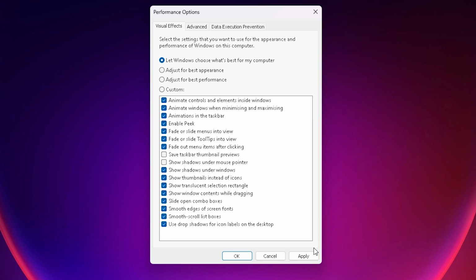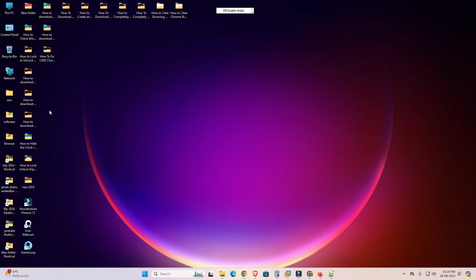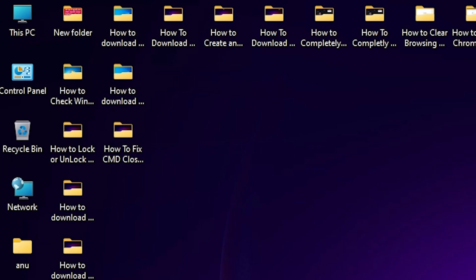Select this, click on Apply, click on OK, and your blurry font issue is gone from your Windows 11